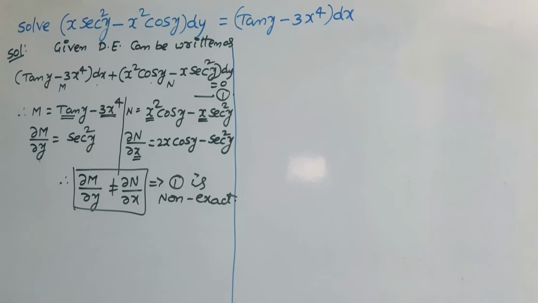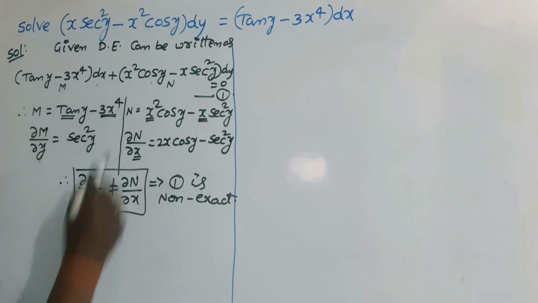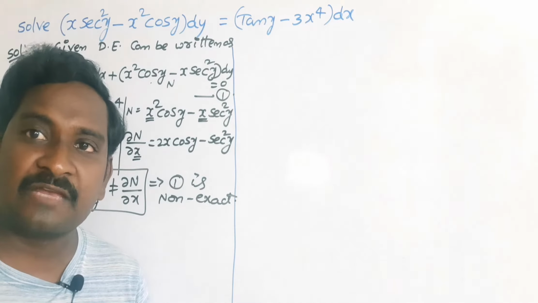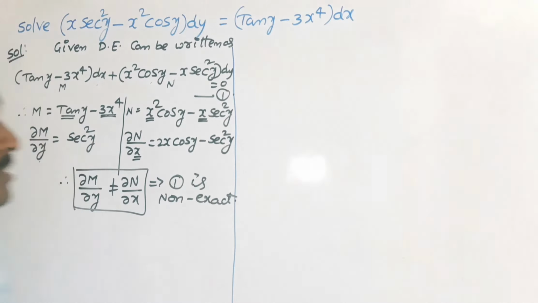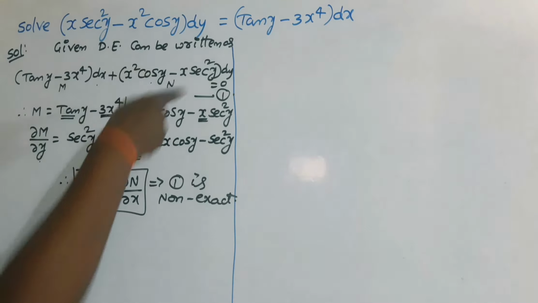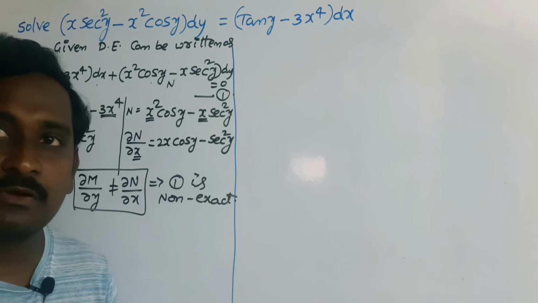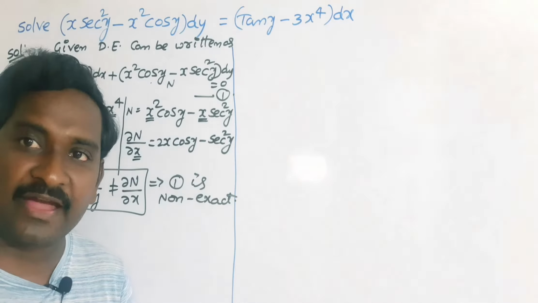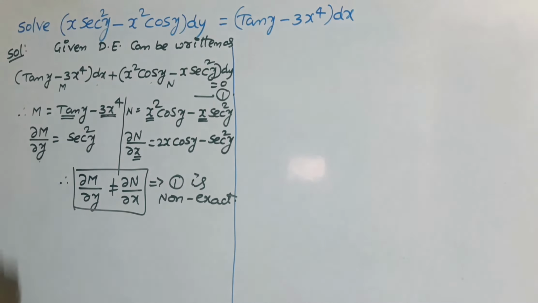Now whenever we get a non-exact equation, immediately we should find the integrating factor to reduce the given non-exact equation to exact. Clearly we are observing that the given equation is not homogeneous. If it is homogeneous, then 1/(Mx + Ny) is the integrating factor. Also the given equation is not in the form of y f(xy) dx plus x g(xy) dy is equal to 0. If it is in that form, then 1/(Mx − Ny) is the integrating factor. So type 1 and type 2 fail here.